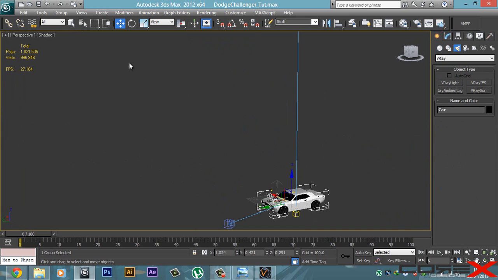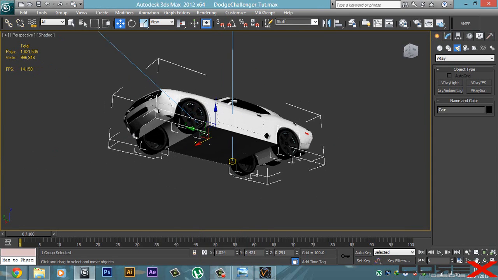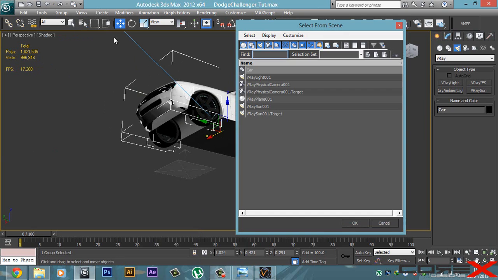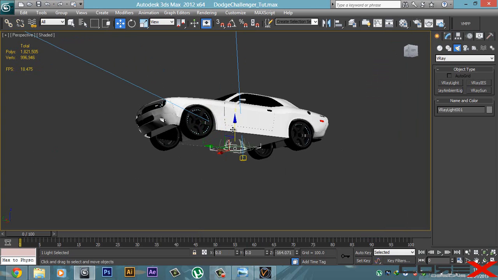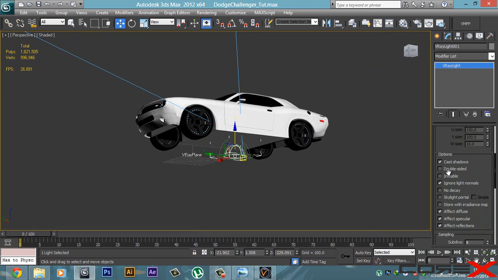Alright, so we need to select that. Now this is a big pain, selecting that light from somewhere. We usually use the select by name type and then select the V-Ray light. Just makes it easier. Move it down here. There we go. And then we're going to change the multiplier to 1 and move down to make it invisible,